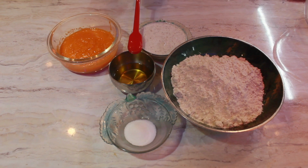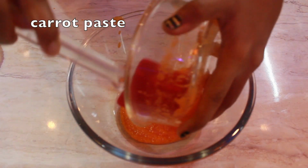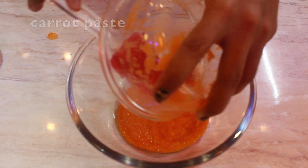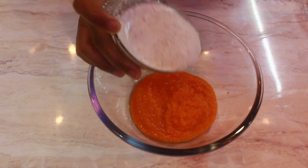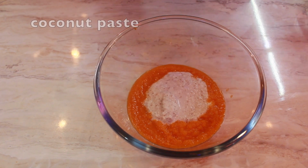Flour, salt, oil, coconut paste, carrot paste. Take a bowl, add carrot paste. I used 2 small carrots and made paste. Okay, now add half cup coconut paste,